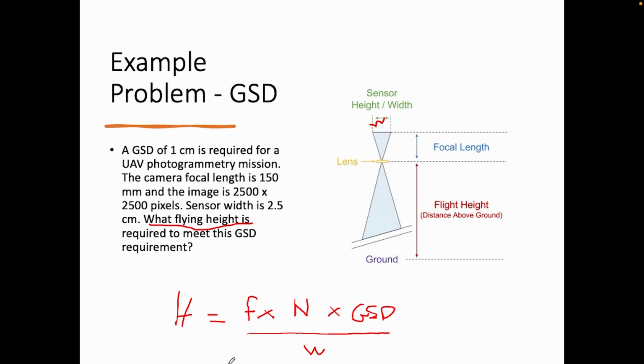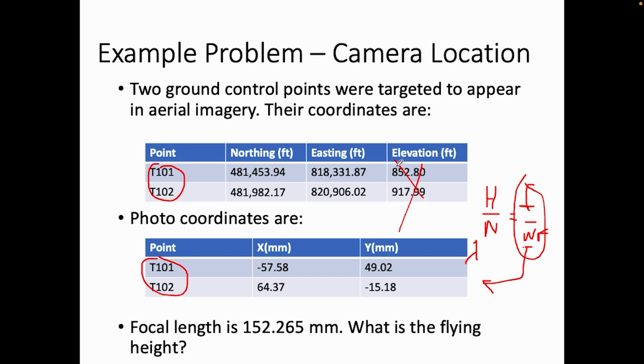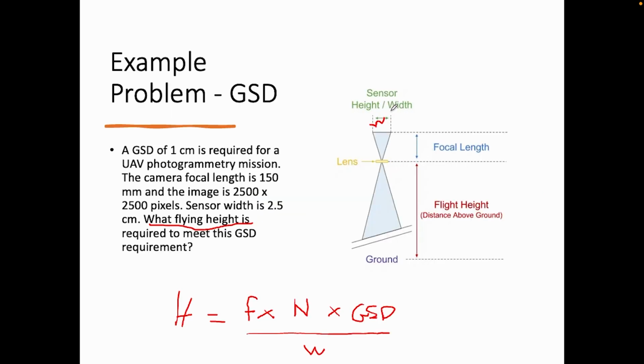And focal length over w should be the same as flight height over our ground distance. So here's our focal length over w, and that should be flight height over ground distance, and we can cross multiply. So there we have it. This expression now allows you to work out what flight height you need for a particular ground sample distance,